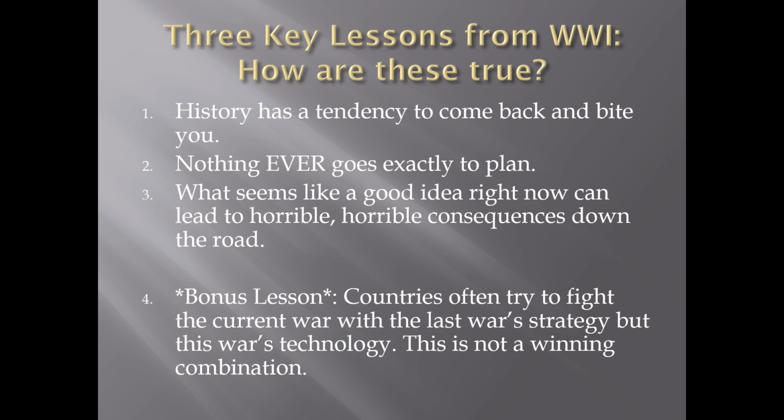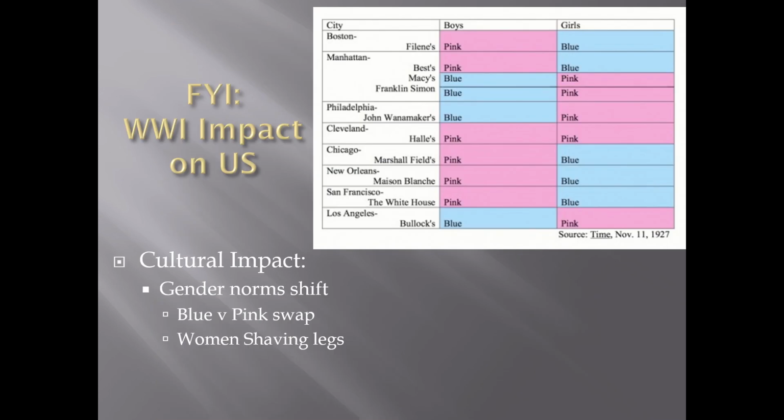Just a quick tidbit of trivia for those of you who are interested. This is the war that switches gender norms in the United States, pink and blue. Before this, pink was for boys and blue was for girls. Pink being a sort of watered down red, the color of British Army uniforms and the color of blood, and blue being a serene color. Blue is often the color you see, for example, the Virgin Mary in Catholic churches draped in, because it's supposed to be the color of calm waters. And, you know, girls are supposed to be calm and placid and not too agitated.